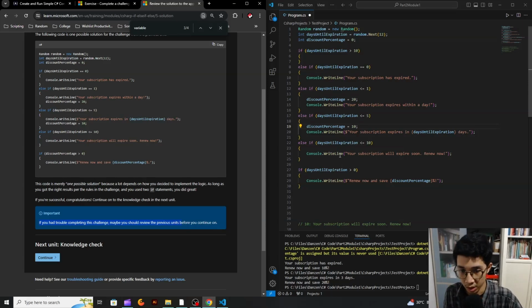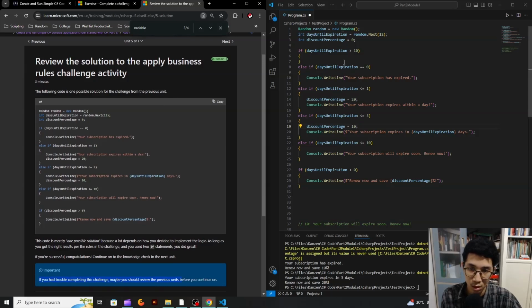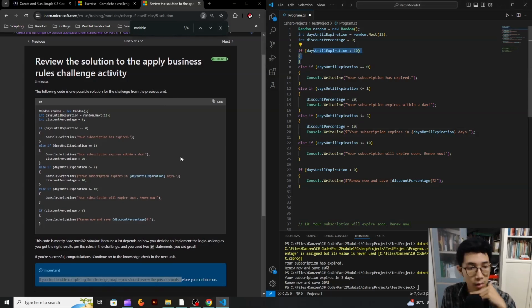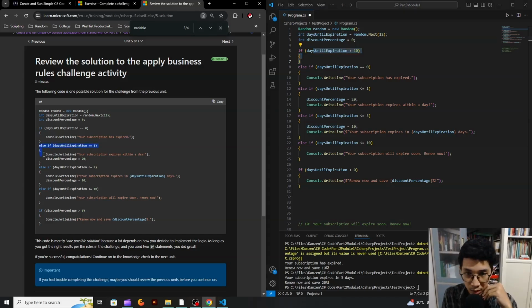Okay, let me check again this else if. So I think I don't need this one. Okay, else if only 3 else if is available here. There's 10, 5, 1. I see. Discount expiration is